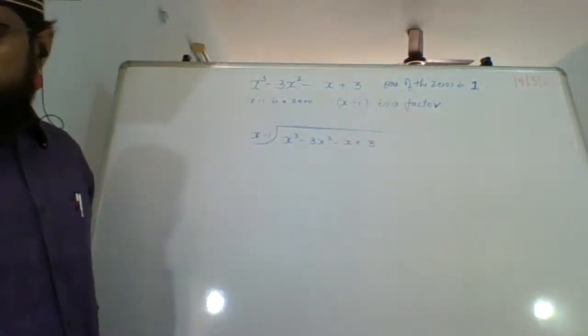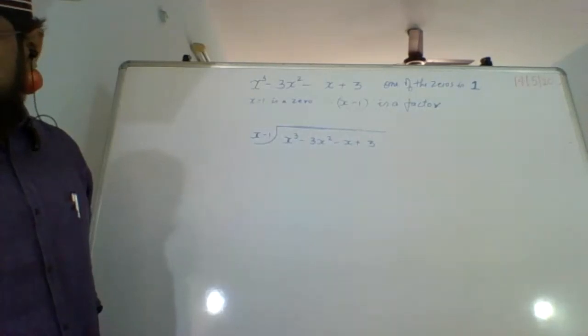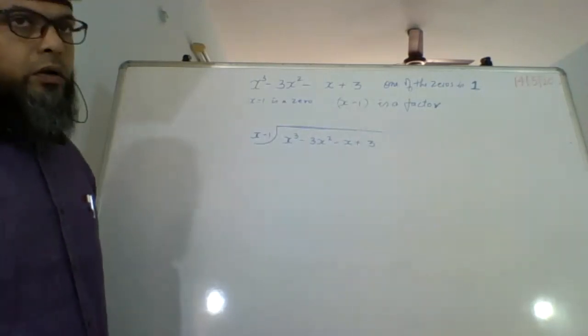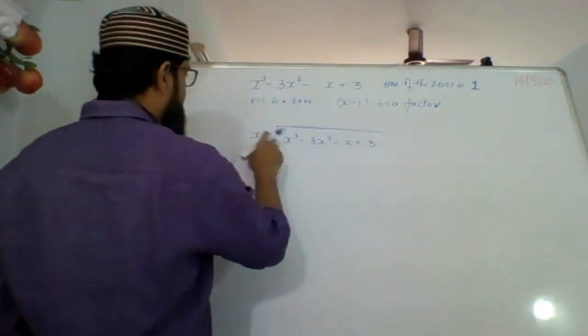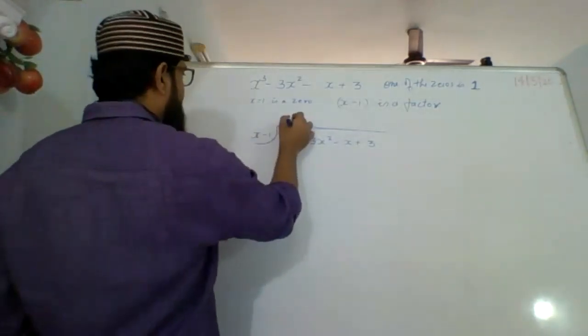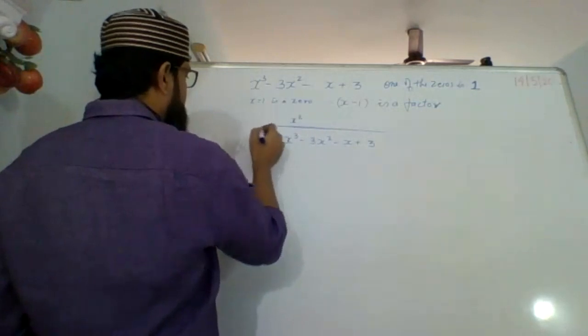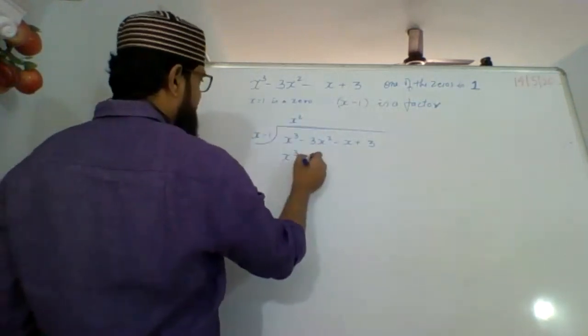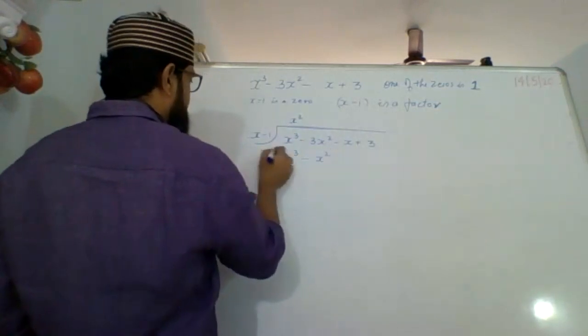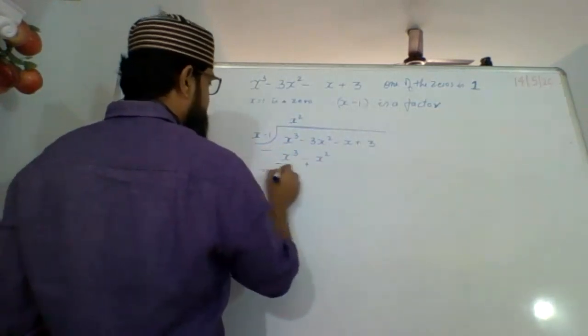Okay, so we just divide this. What further? I have to have x cube over here. There is x, so I have to multiply by an x square. So x square into x is going to give me x cube, and x square into minus 1 is minus x square. Subtract, so this will become minus plus.